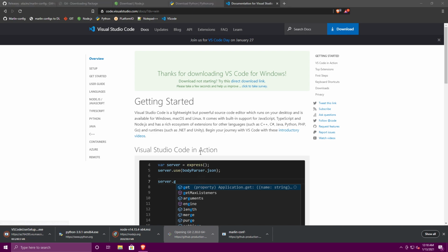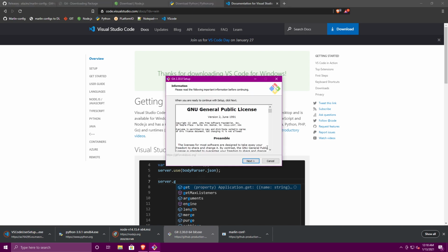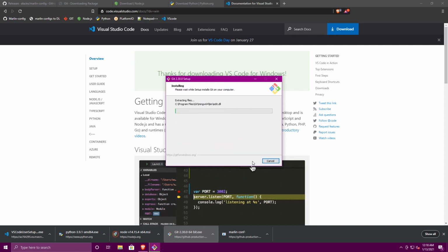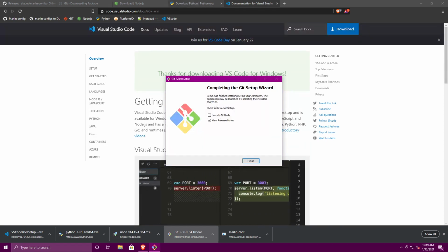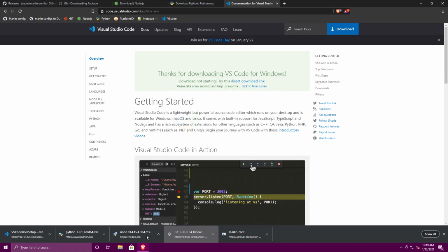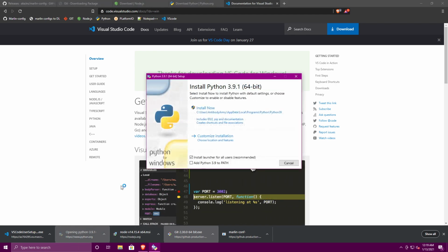Once those are all downloaded, the first thing you're going to install is Git. And when you go to install it, just install it with default settings, just next all the way through. Then after Git has been installed, uncheck the release notes, press finish, and then we're going to go ahead and